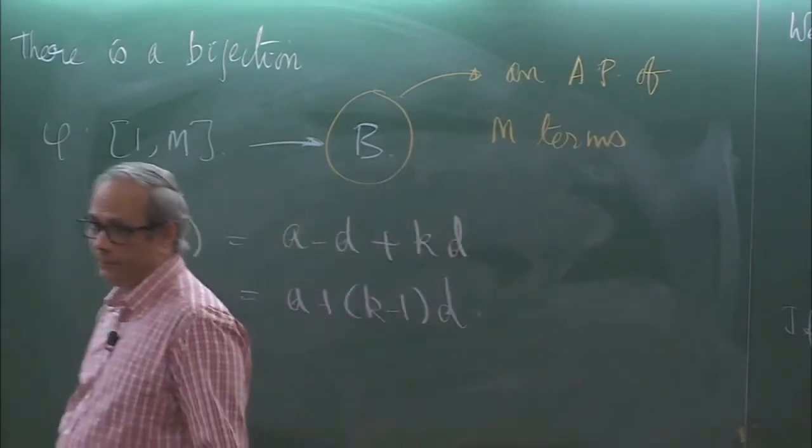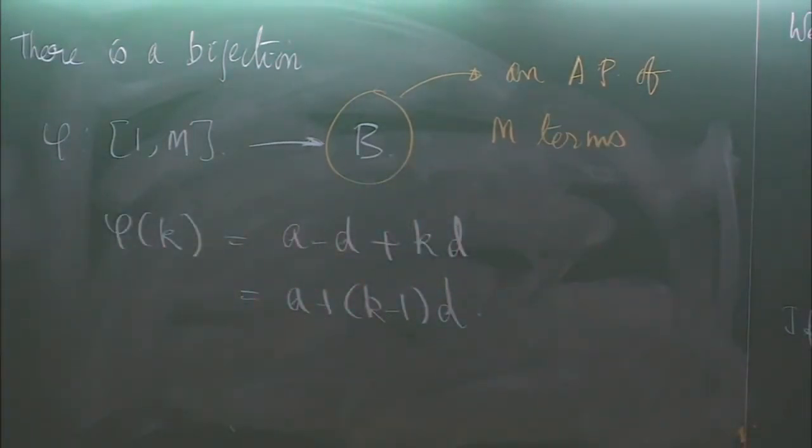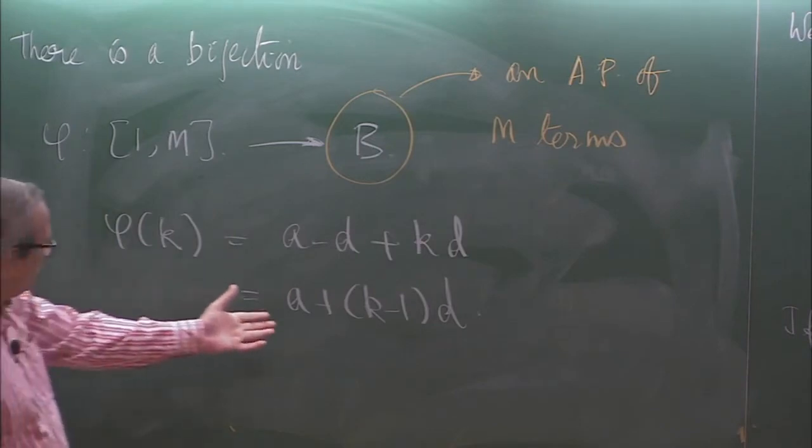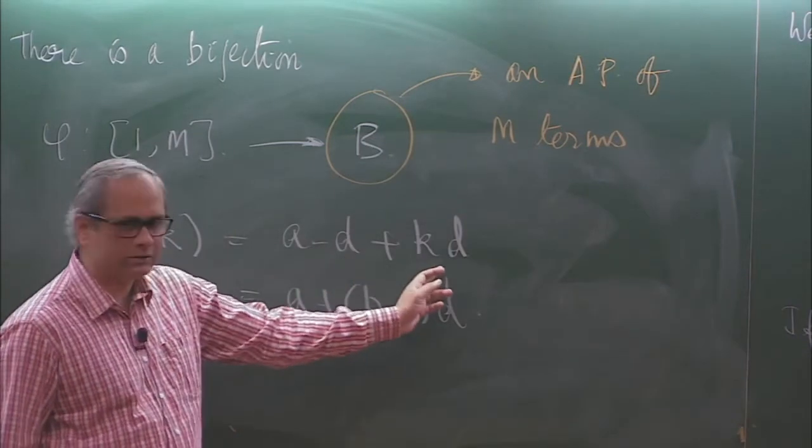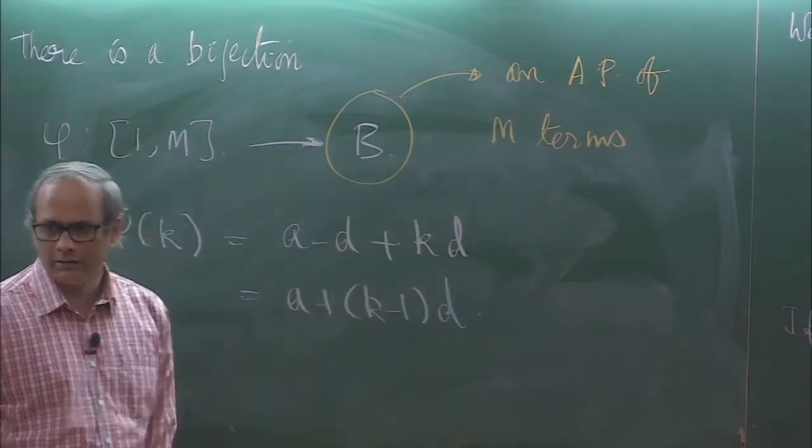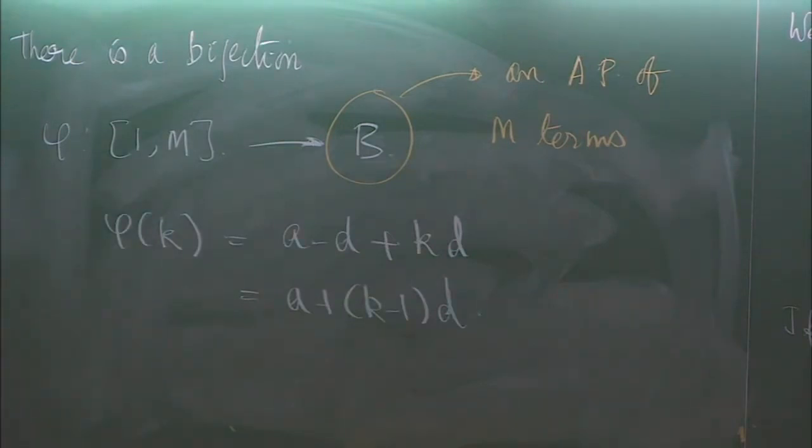Because it's an AP of m terms, there's a bijection from 1 to m to the AP. And that bijection is given by a homothety. A minus d, the constant, the ratio of the homothety is d. Okay? And we see also